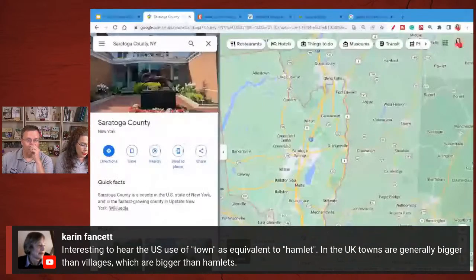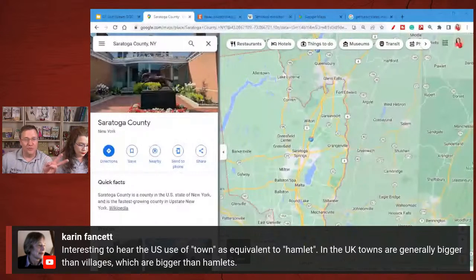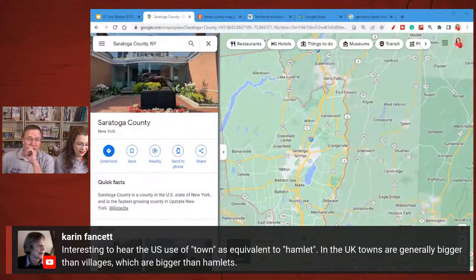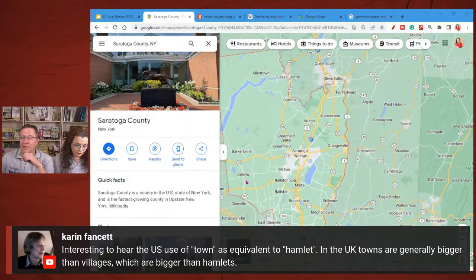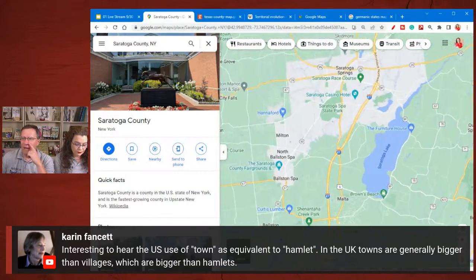So I want to go back real quick. This comment here. Corinne, she talked about, it's interesting to hear the U.S. use of town as equivalent to hamlet. Let me preface that by saying, we use town for lots of different things, and it depends on where you're at in the United States as to what you mean by town. Now, in New England, New York, and then Massachusetts, New Hampshire, Vermont, and that, they probably mimic more to what those in the United Kingdom would call a town when they're referring to town, because they also have villages and stuff. And I bring this up because